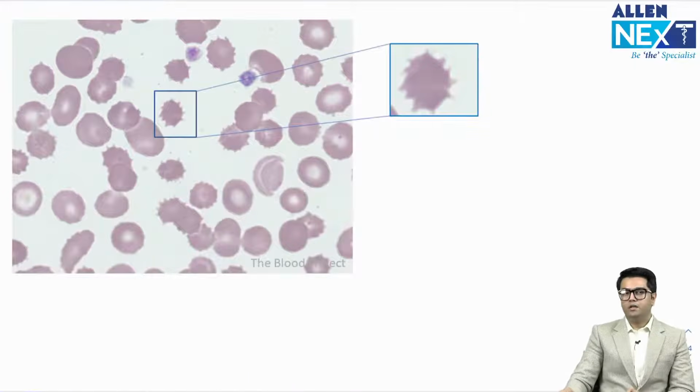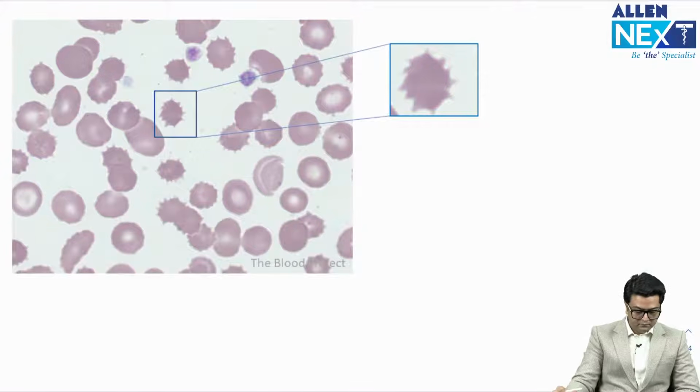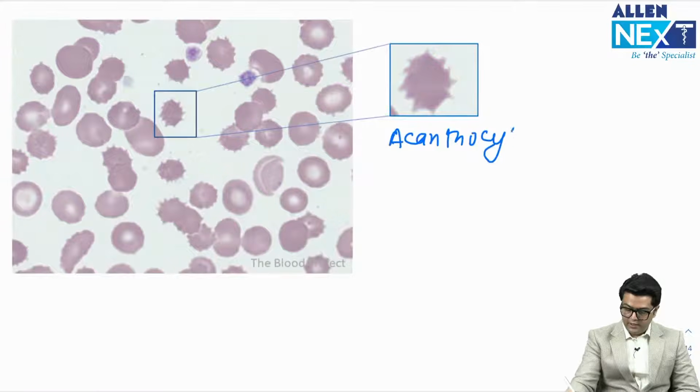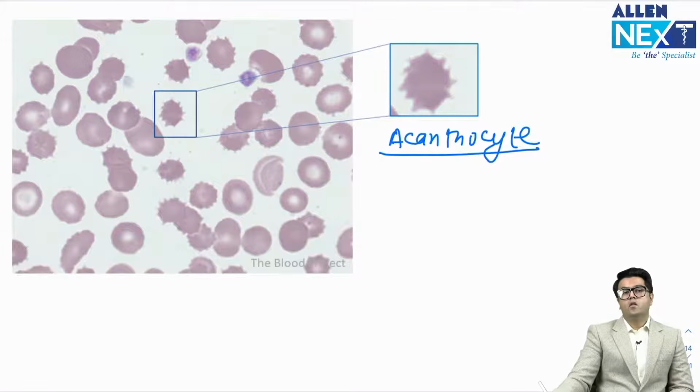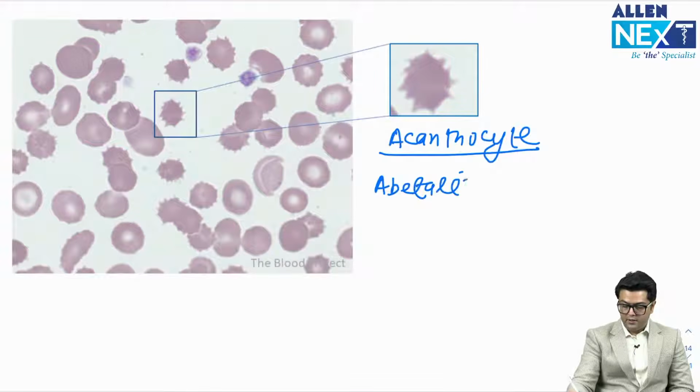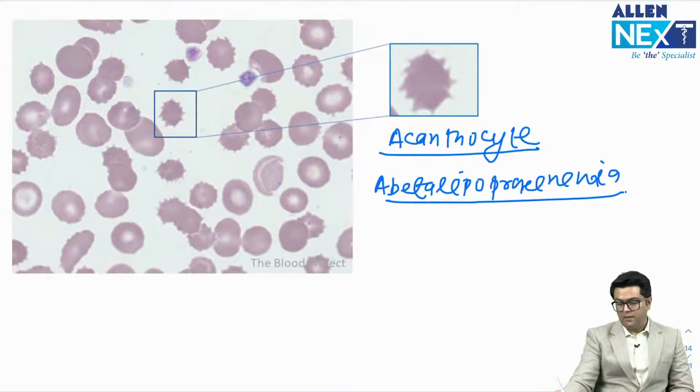Clear to all? Now look at this picture. Which type of lipid disorder am I talking about? Can you answer me here? Any answer? Yes, very good. So guys, this is acanthocytosis. This is an acanthocyte that you can easily identify, not a big deal for you guys, right? But what is this disease? This is a disease that is called abetalipoproteinemia,